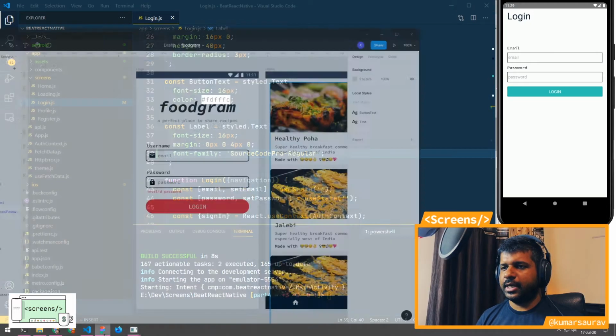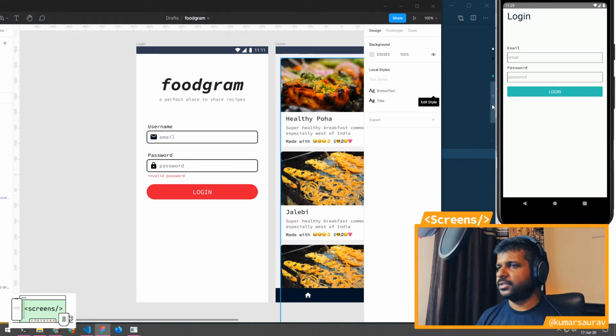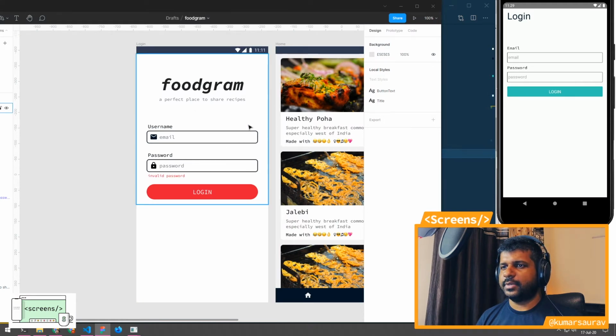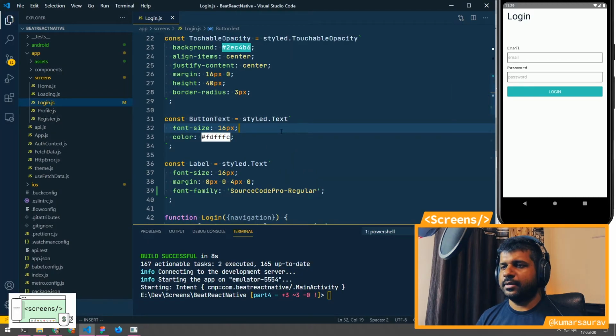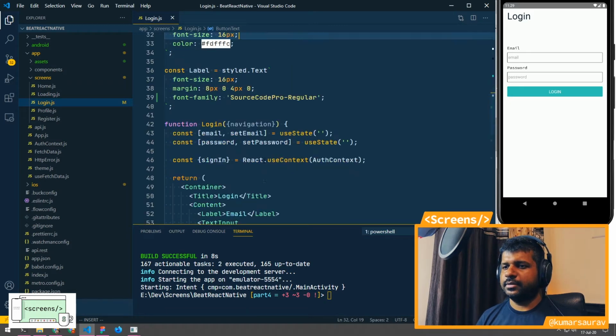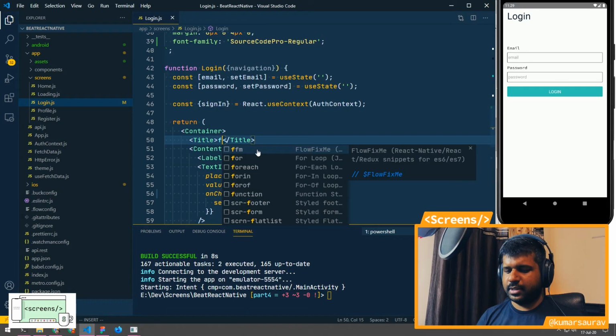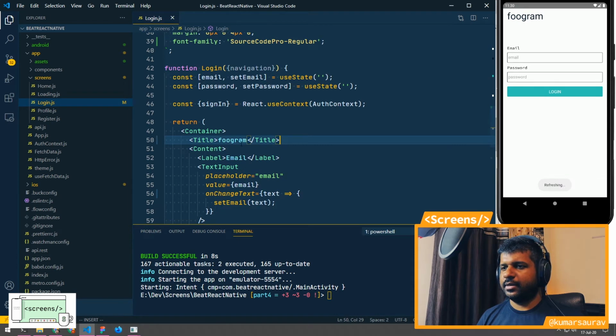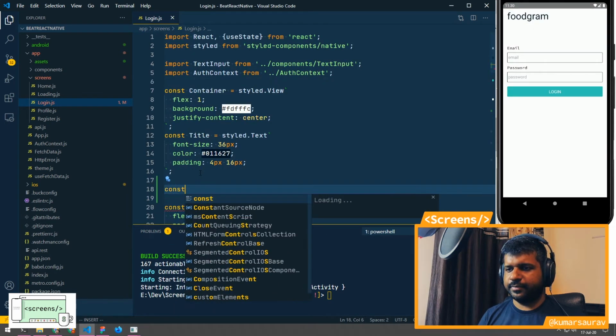So let's go ahead and try to style this whole page according to the design specifications here. Let's start by adding the title and the subtitle. Basically the title is food brand, and we'll add another element, so let's add a subtitle.